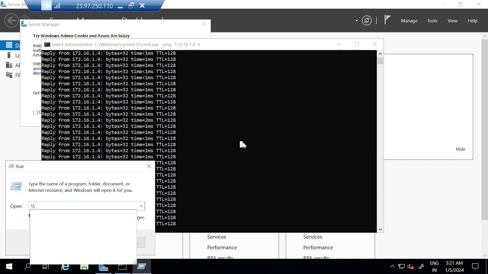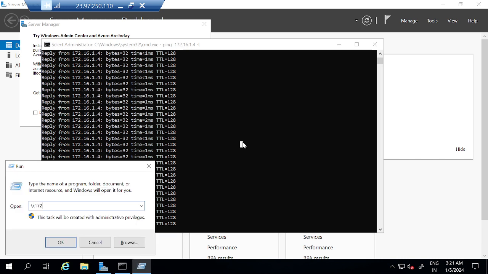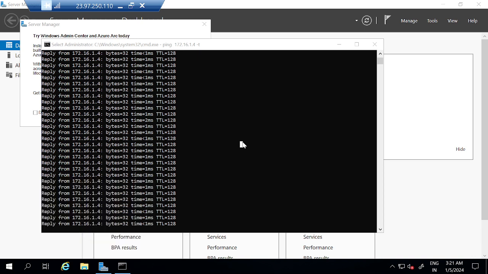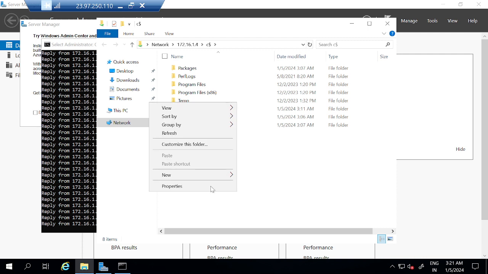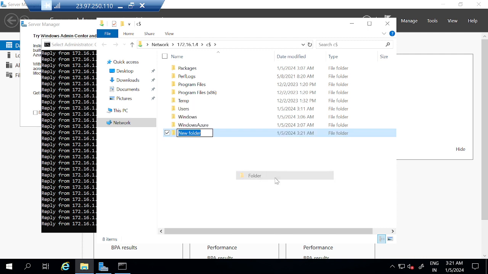See, like 172.16.1.4/c, you can access the file. See, so you are able to access. You are creating a file here. New folder, test folder. Where is it? It is in the VNet. You have put it in the 1.4, but you are there in the 192.168.1.4. You are there, but you have access to 172.16.1.4, or you can even put it like this: